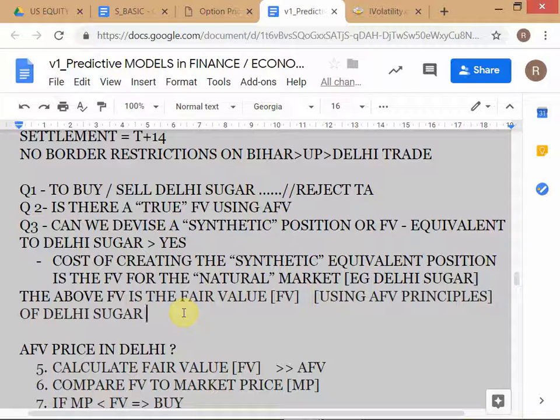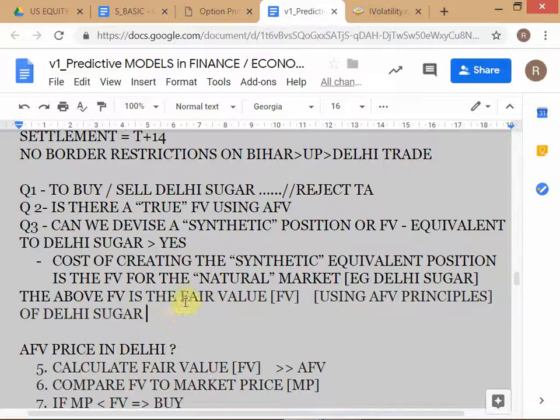Okay, so the key word here is the synthetic equivalent concept. Okay, and the cost of the synthetic equivalent becomes the fair value of the natural market. Okay, is that clear? This is the basic simple principle. So you can apply it, the same principle will apply no matter how complicated the situation. You may have options, swaps, all kinds of complicated instruments, but the basic logic is always the same. Because you might have 27 different instruments, it will take you longer to compute the cost of creating the synthetic equivalent, but the basic process will not change. So it's clear to everyone?